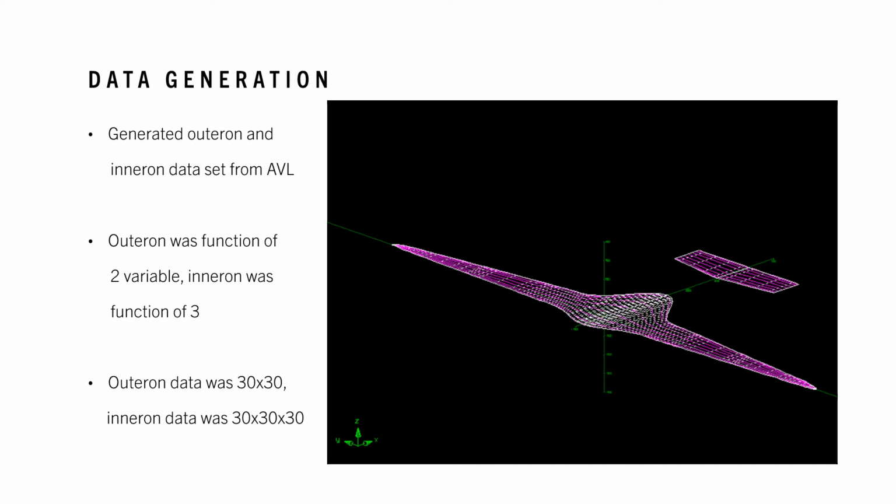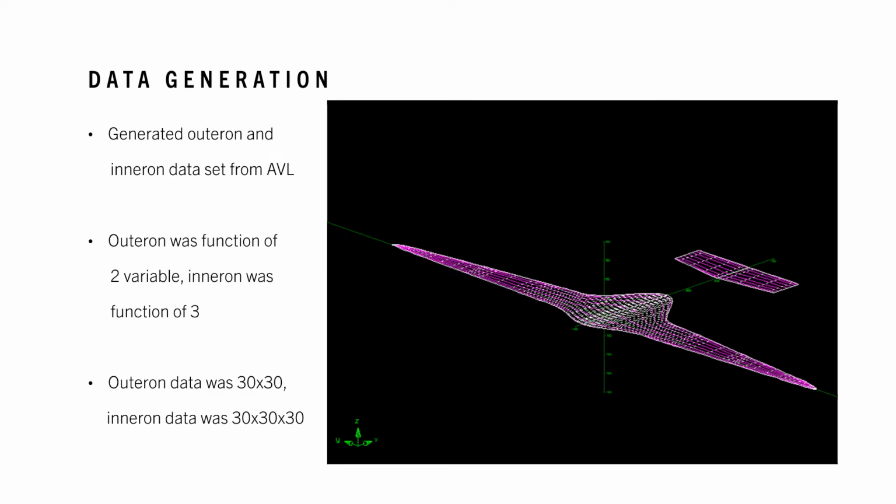So the purpose of this project was to optimize the control surface sizing for the aircraft shown on the right. There was an inner aileron control surface and an outer aileron control surface, referred to as the outeron and the inneron. So I generated datasets in AVL, which is a vortex lattice method, for several thousand different positions and sizes